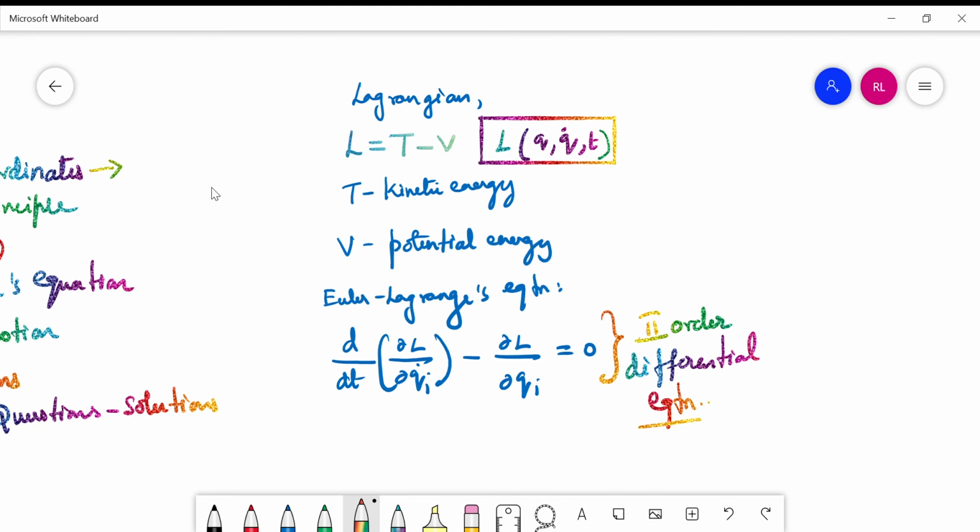q is the generalized coordinate, and q dot is the generalized velocity, and t is the time, as you know, right? And L is defined as L is equal to T minus V, where T is the kinetic energy and V is the potential energy. As you know, L is a function of q, q dot and t. No other variables